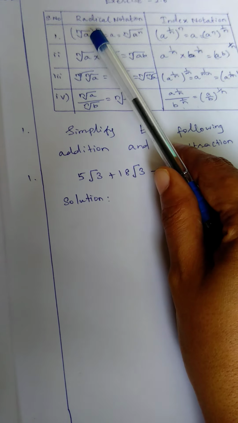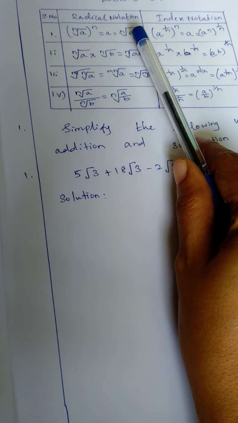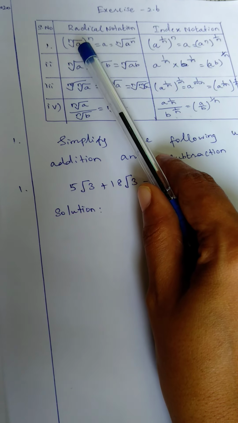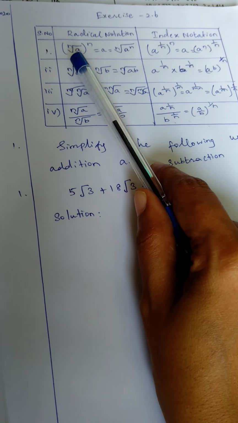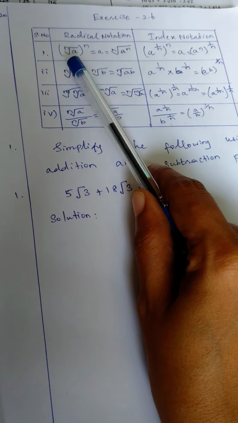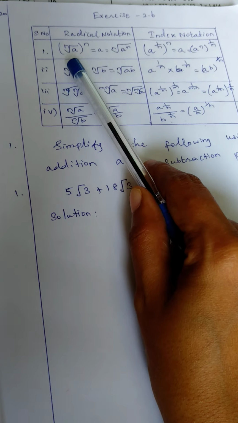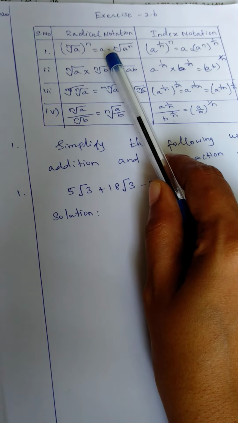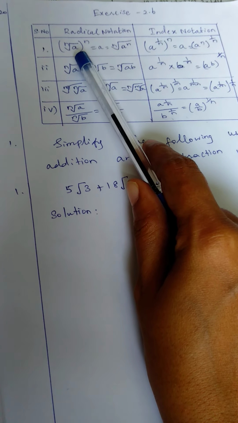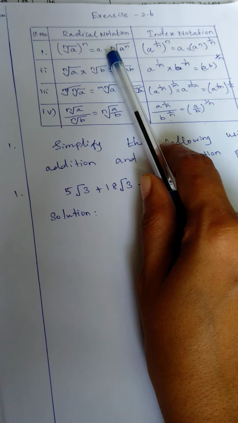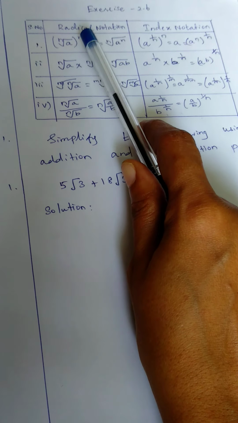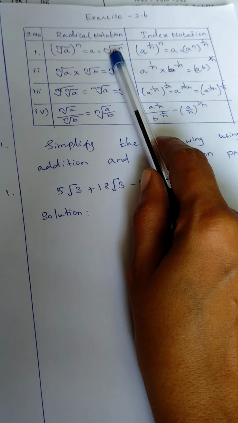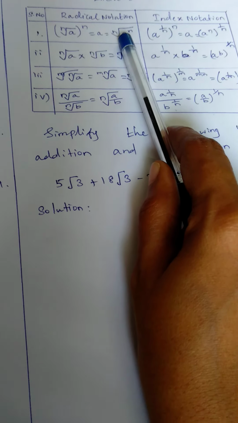In that we are going to see radical notation converted to index notation. Okay, radical notation. What is the meaning of radical notation? It means if we have real numbers in the term of the nth root of a, the whole power n. This is the normal real-number root operation, equal to a. This one we are telling as the nth root; the n outside can be taken inside, so the nth root of a to the power n, like that. Here they are having a normal radical notation.